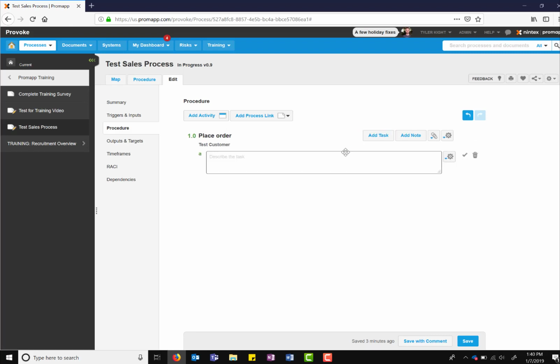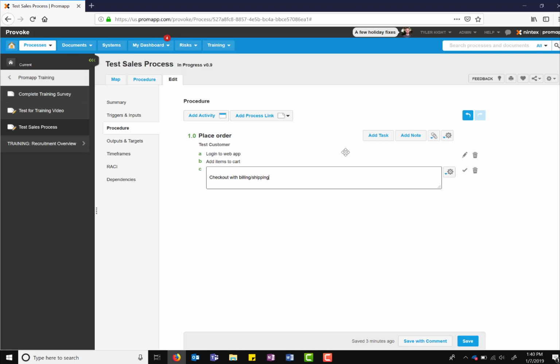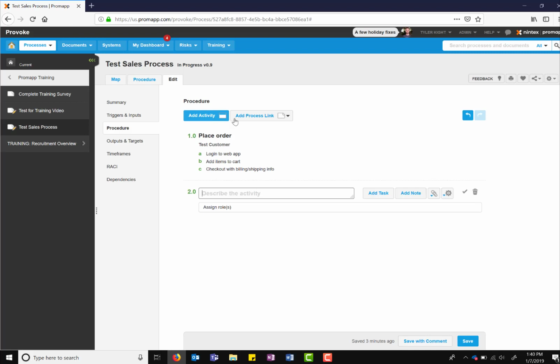If we'd like, we can add tasks to provide some detail for this activity, such as a customer logging into a web application, adding items to a cart, and checking out. For the purpose of this video, we won't be adding tasks for every activity to keep it short. Next, the sales team is going to receive the order,